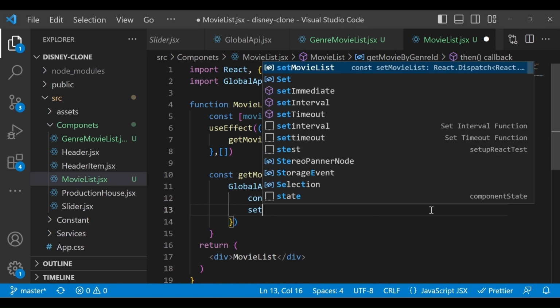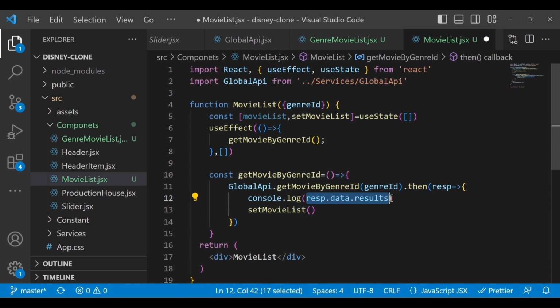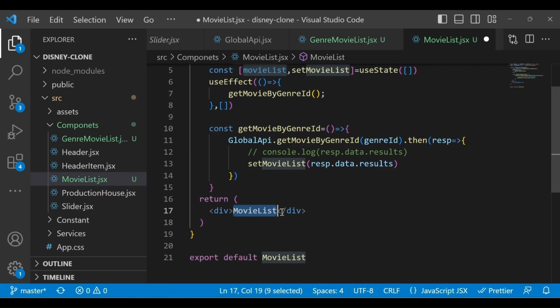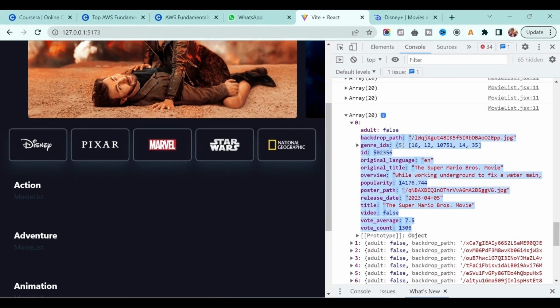Okay, so let's set movie list, and inside that we will add this particular data. Now this movie list contains all our information. Now here you have to iterate that. So we have the list of movies. But if you see,